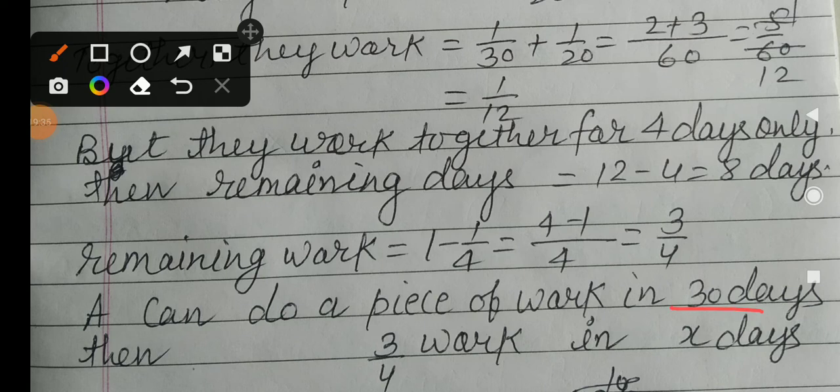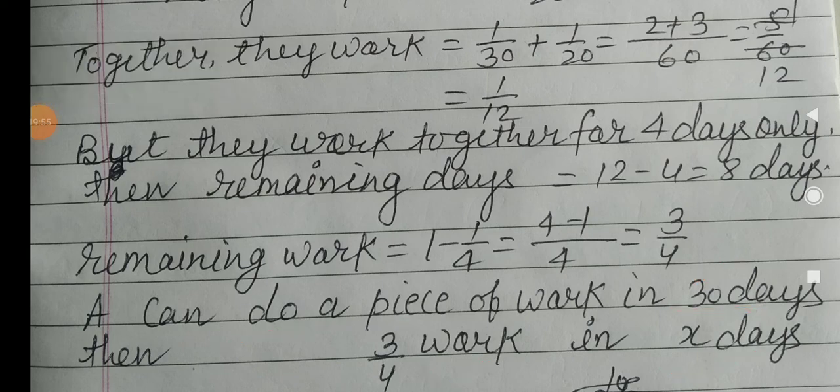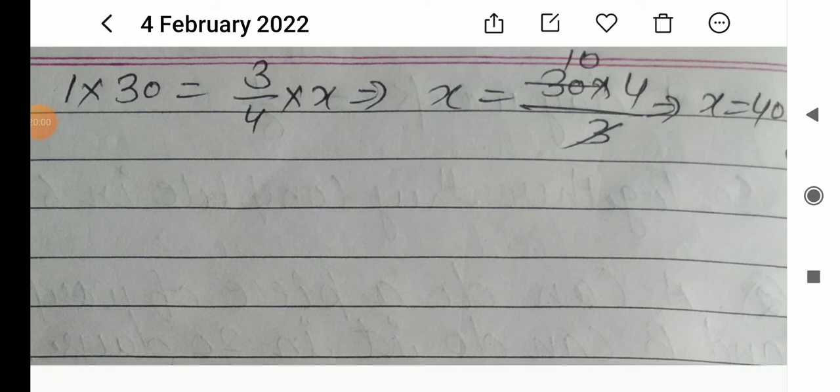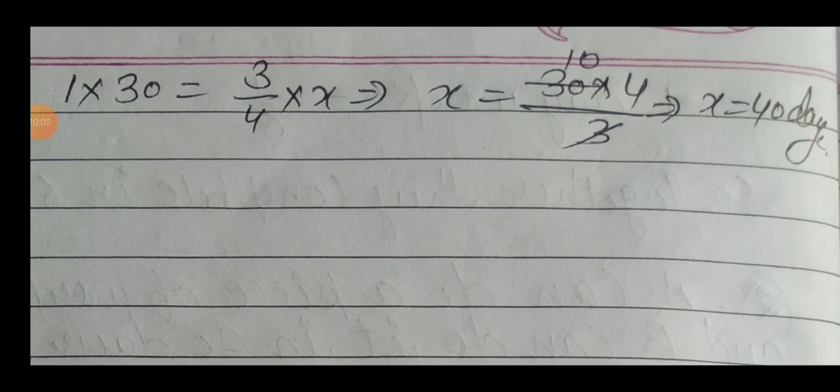So we have to suppose that if A can do a piece of work, मतलब complete work जब कर लेगा तो वो 30 days लगाएगा। कंप्लीट वर्क करने में 30 डेज लगाएगा, तो उसे अब कितना करना है, 3/4 पार्ट ही करना है, तो we have to suppose that it takes x days only. Okay, now how to do this question? So you have to see here that by the inverse variation method, because did you understand one upon one things here, that A has to complete in 30 days.